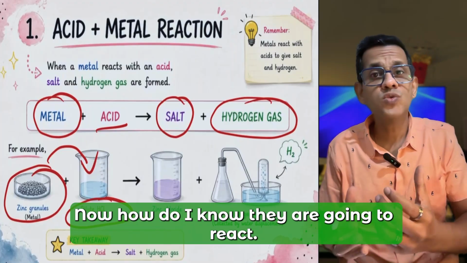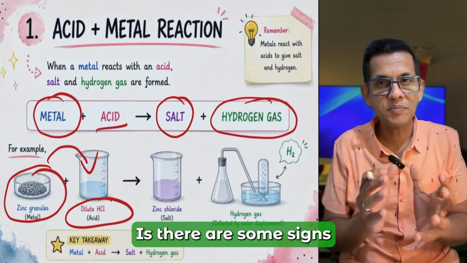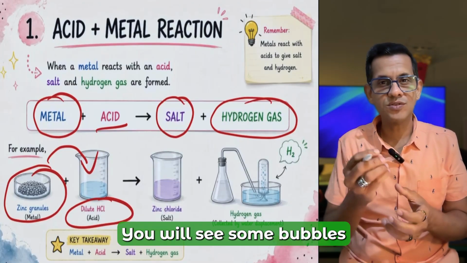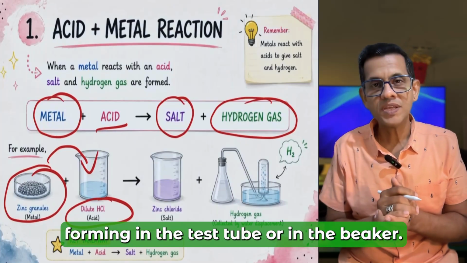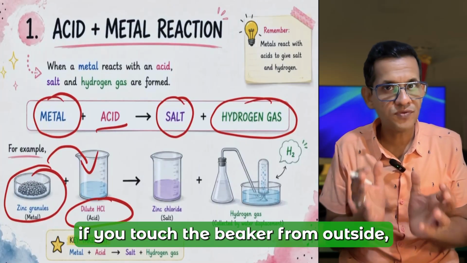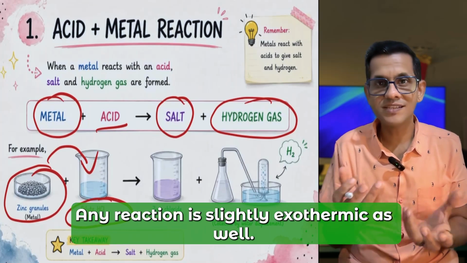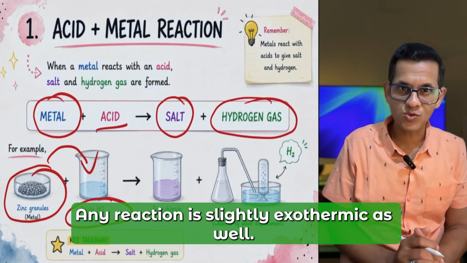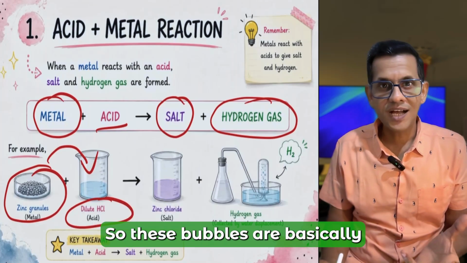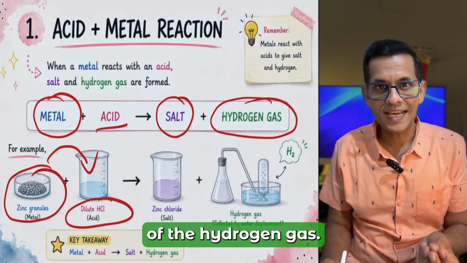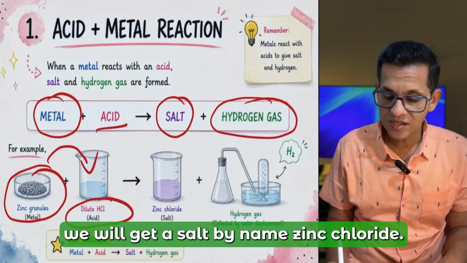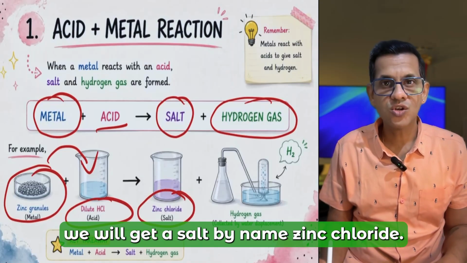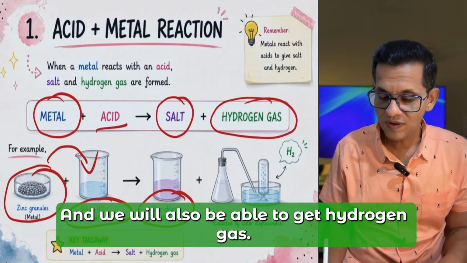Now, how do I know they are going to react? There are some signs that you can see here. You will see some bubbles forming in the test tube or in the beaker. If you touch the beaker from outside, it will be slightly warm, as this reaction is slightly exothermic as well. So these bubbles are basically of the hydrogen gas. As the reaction occurs, we will get a salt by the name zinc chloride,